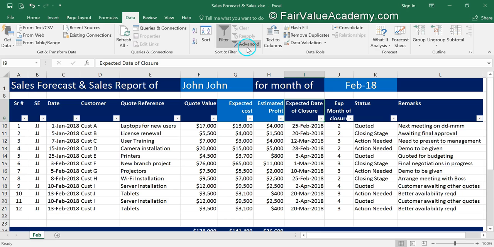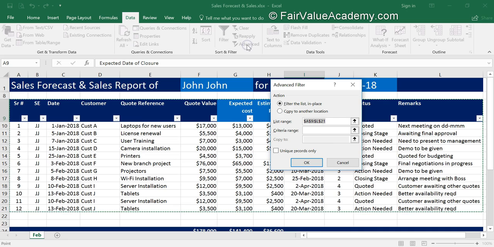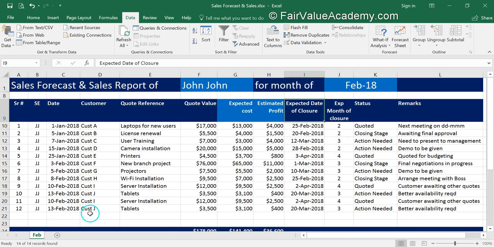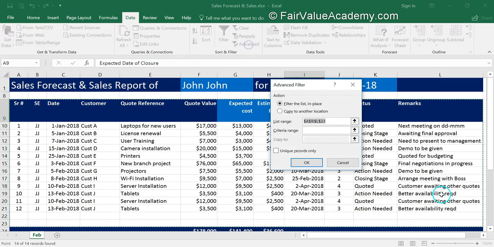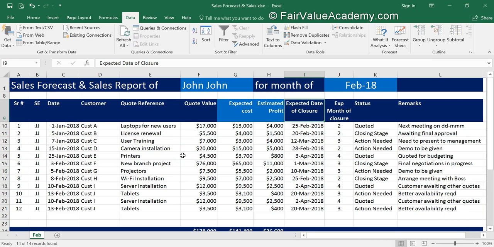There is one more option available here, which is for the purpose of checking the range. If you click on advanced, you will see the range which is selected for filters. So in case you are not sure what range has been selected, you can use this option and check the range. And we can increase the range. Let's say we want to put it till 23rd row. Now the range is up to row 23. Now you can see the range is changed. So these are the various options available to clear filter and to check the range of filters.